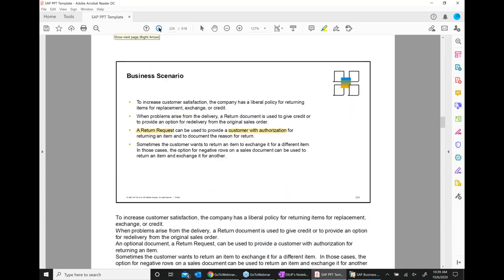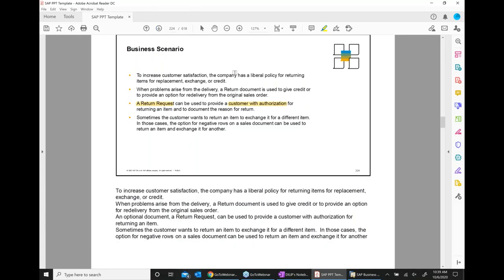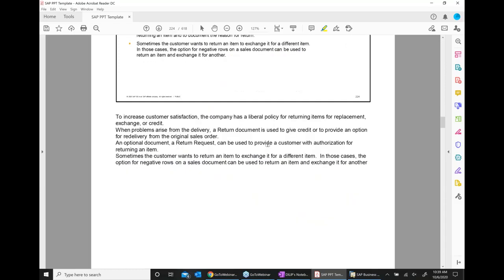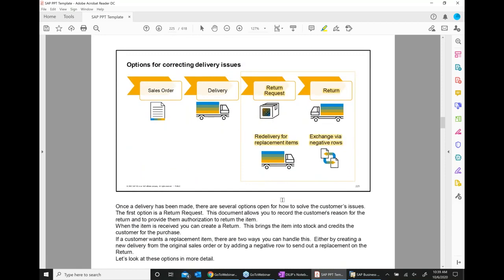So these are the different scenarios, where we can have a situation in which a customer wants to return under the policies, with replacement, exchange, or credit. Sometimes we give a material back, sometimes we give money back. It could be either of the situations. That is a very common occurrence in industry. So here, this is what we created. We created sales orders multiple times.